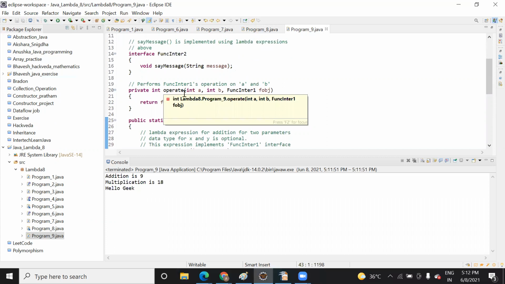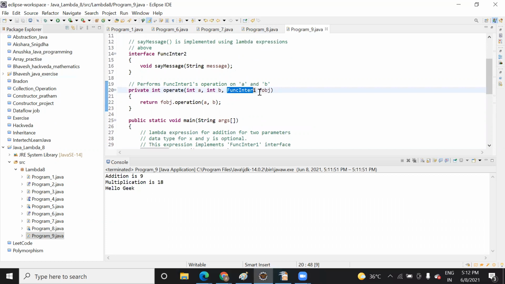So when you call this, it is going to print a and b, and the object that will be assigned to this function, whatever value is assigned, that is operated, will be assigned here, and based on that it is going to call this method again. I know it will not be easy to understand right now, but once you run this on your system it will be more clear.